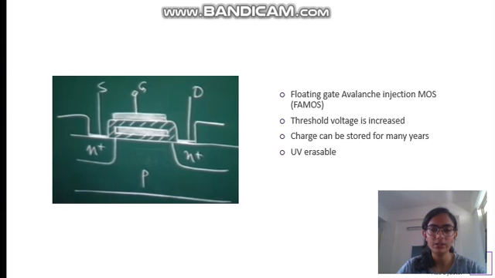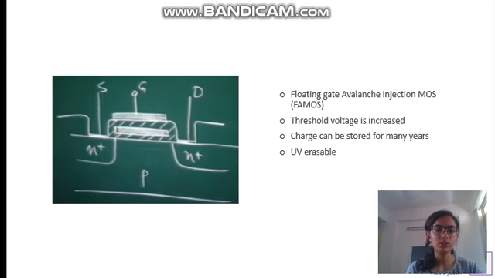So this particular transistor gets programmed, and electrons can stay in the floating gate for many years. If we want to erase, the erasing is done by using ultraviolet light. The electrons get excited, overcome the SiO2 barrier, and may move to the control gate, resulting in decreasing the threshold value. The issue here is that the entire memory has to be erased, and also the writing process is cumbersome.